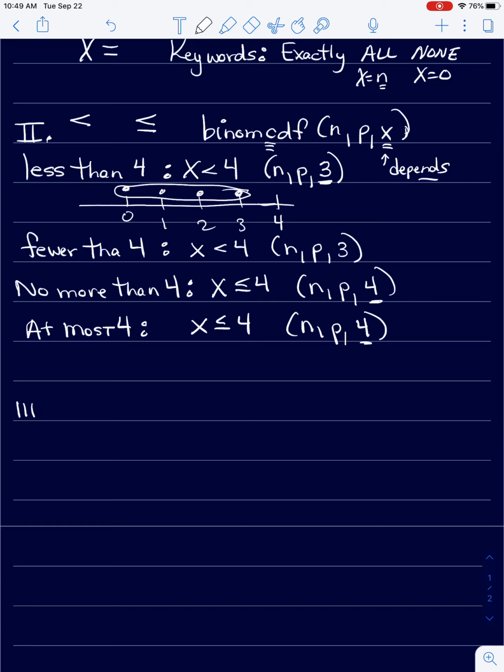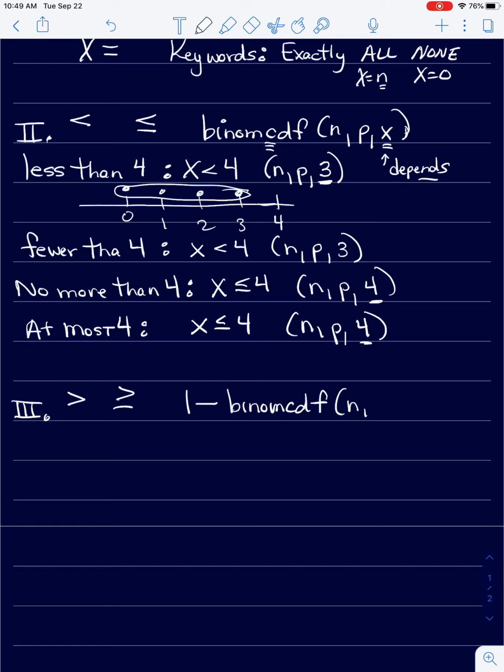All right, third and final case. If we are greater than or equal to, if one of these two shows up, we're going to do a 1 minus binomCDF. And then we'll have to deal with